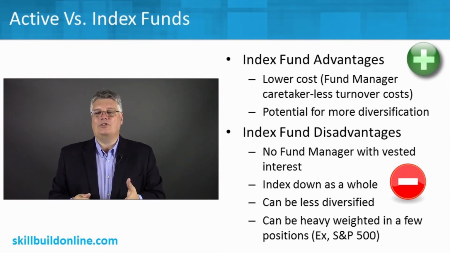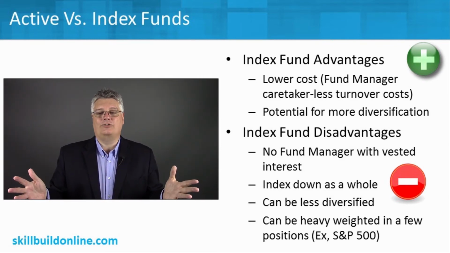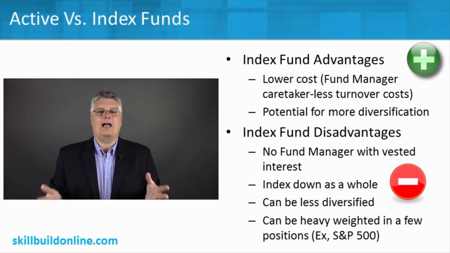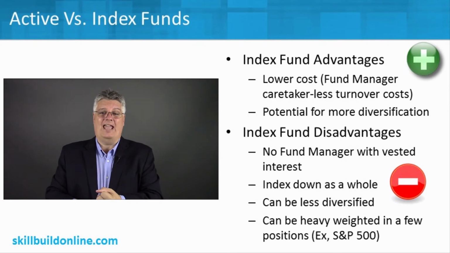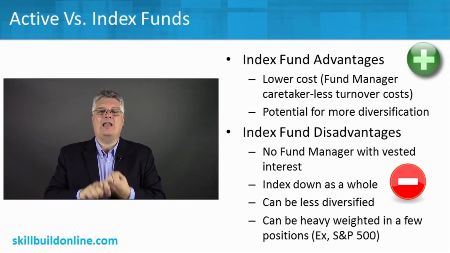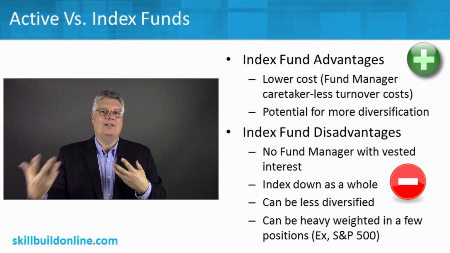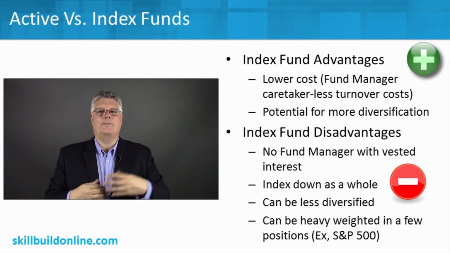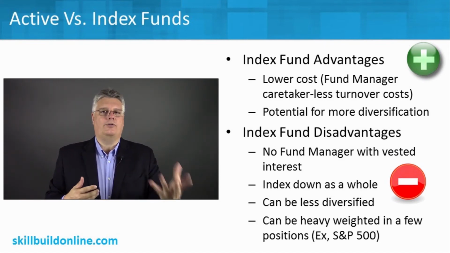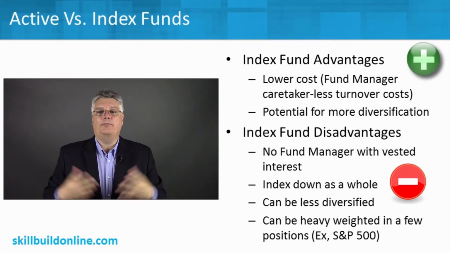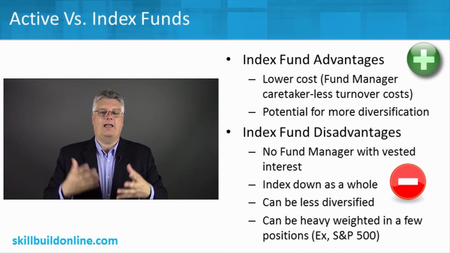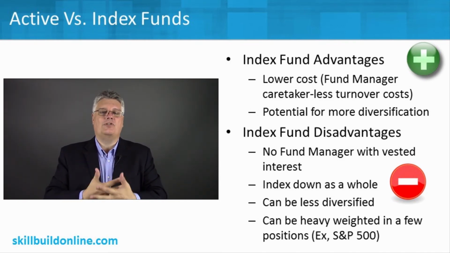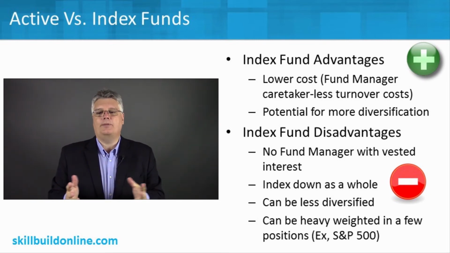It can be less diversified. Yeah, it can have a lot of holdings, like the Russell 2000, of those small cap US stocks, for example. But it can be less diversified, and I'm just owning that. I don't own any international and I don't own large cap in that index fund. That doesn't mean I can't buy other index funds to give me that. I could buy an S&P 500, or I could buy an index fund for Japan or Europe or whatever. That might also help, so you can build your portfolio around it. But each individual index fund itself wouldn't be diversified beyond the scope of that index. So something to be aware of.